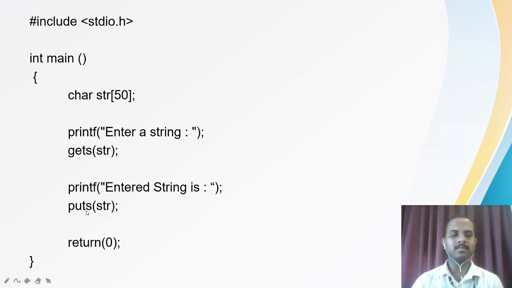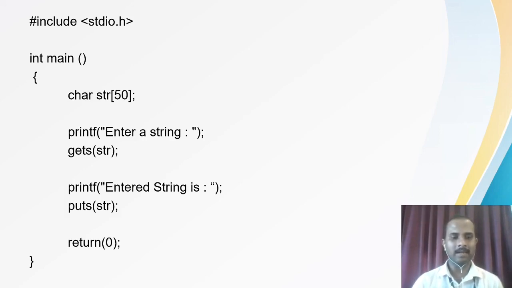When I do puts str, whatever value is stored in str will be displayed. Return 0. So gets is very similar to your scanf and puts is very similar to your printf statement.